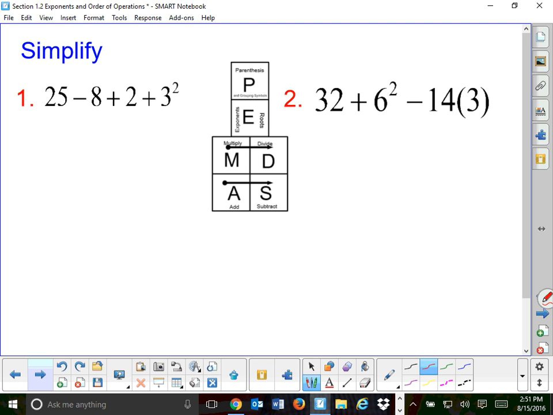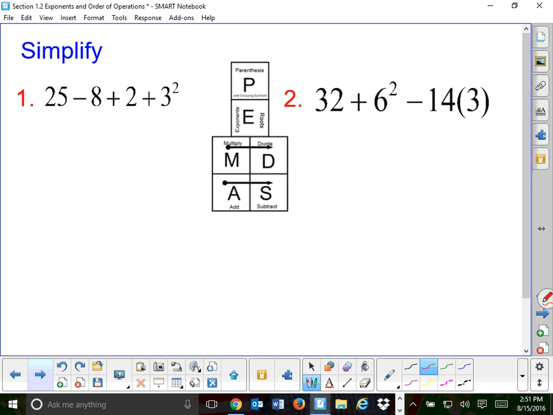So here you go. I'll do the first problem, and then I'll have you pause it and try the second on your own, and then you can check your work. So this first problem here is 25 minus 8 plus 2 plus 3 squared. So the order of operations is